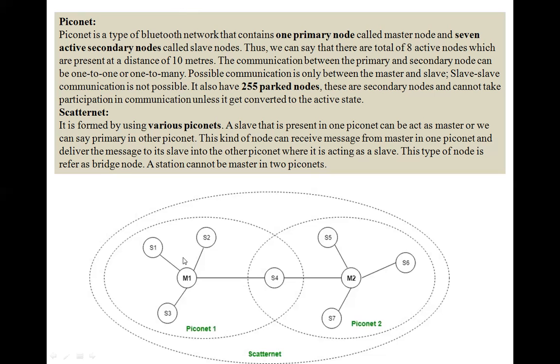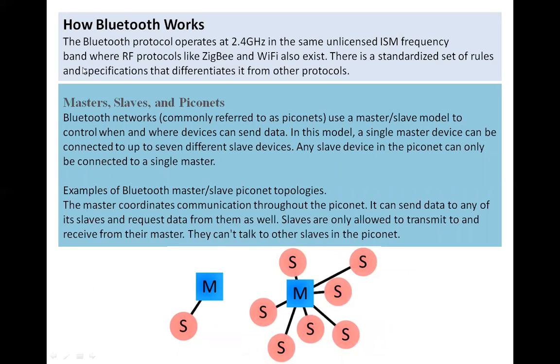Now we see how Bluetooth will work. So here a master and slave combination is shown in the bottom side diagram. Here one master and one slave will be there, or one master and multiple slaves will be there. But you cannot see two masters and multiple slaves. In a piconet, I show you only one master and multiple slaves are there. The same combination is adopted here while explaining